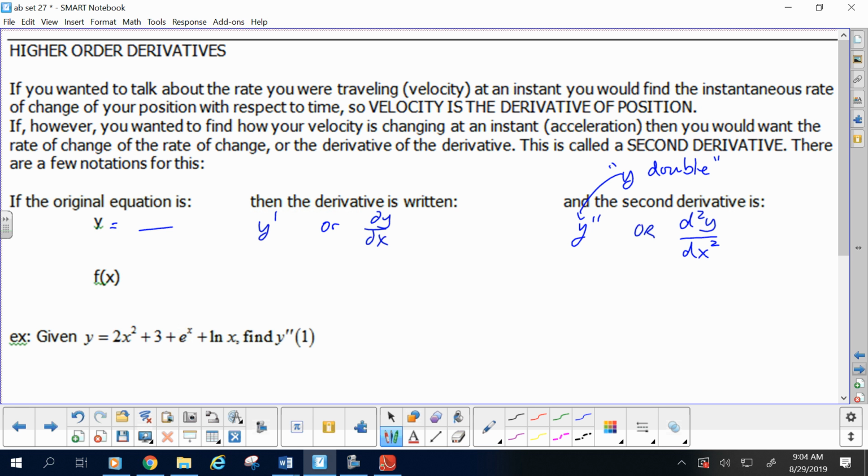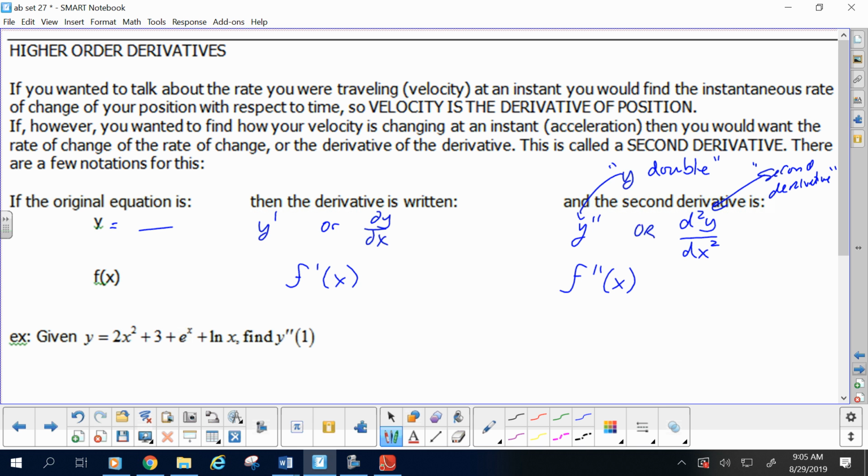I wouldn't say it, I just say the second derivative. That's just the second derivative. Most students just say, I'm doing y double prime. Oh, that's fine. In function notation, the first derivative is f prime, the second derivative is